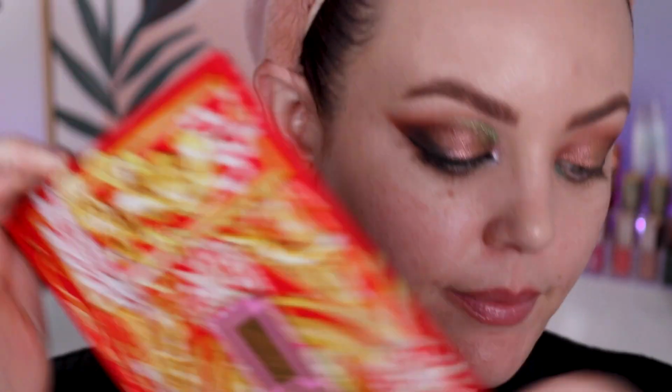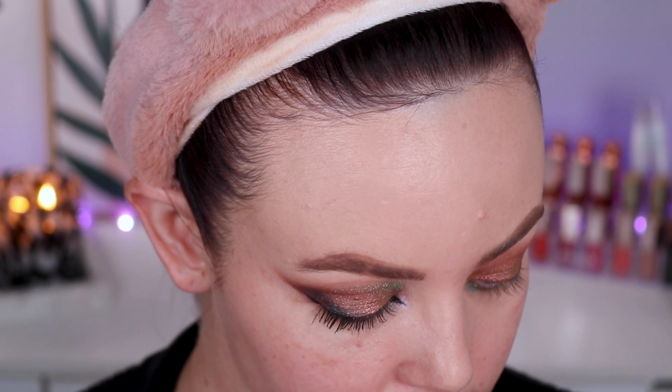Like almost all the way across, but I'm gonna stop about here. And I'm taking another pencil brush. I have like 3 going here, and I'm going into this beautiful purple color. And I didn't wet this brush. I just tapped the excess off, and I'm going to pop this into the inner corner. Then I'm picking up that green again, wetting the brush again, and I'm going to put it, actually,